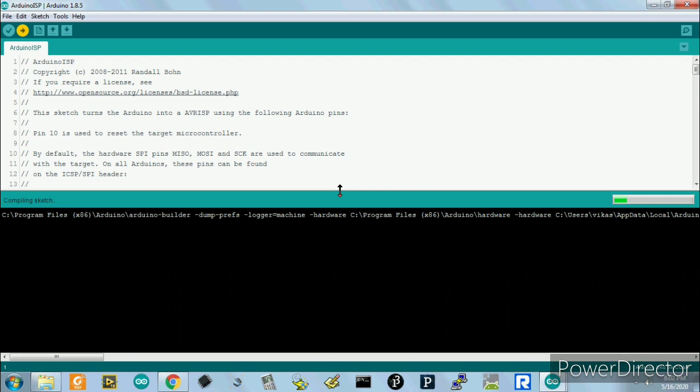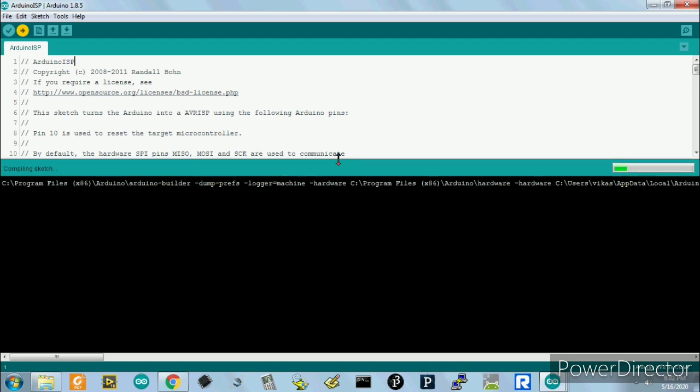After converting the Arduino into an ISP programmer, we have to burn the bootloader to the target microcontroller.